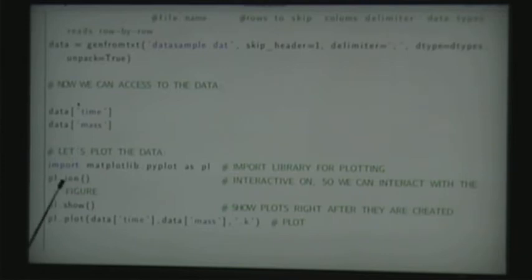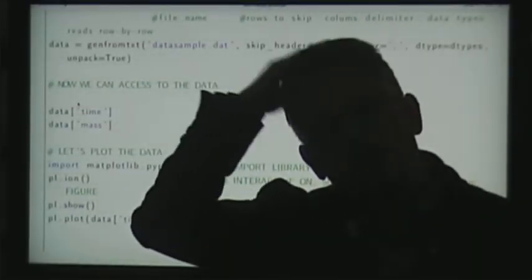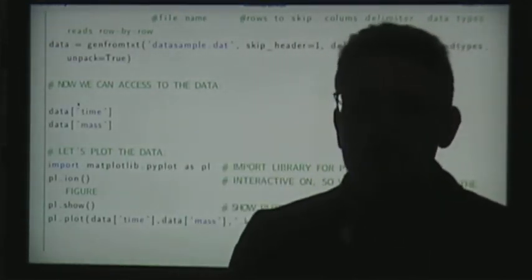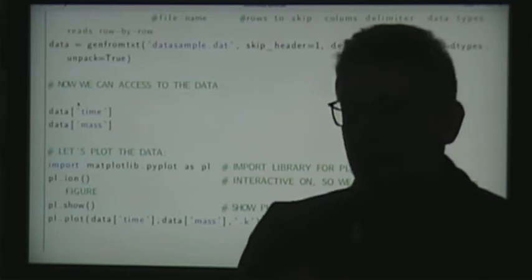Which one is to make the figure interactive. Interactive means that I can zoom on it. Usually this is something that Python does to save resources of the system. For example,